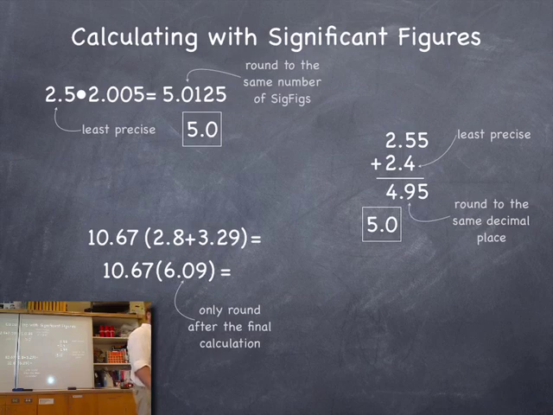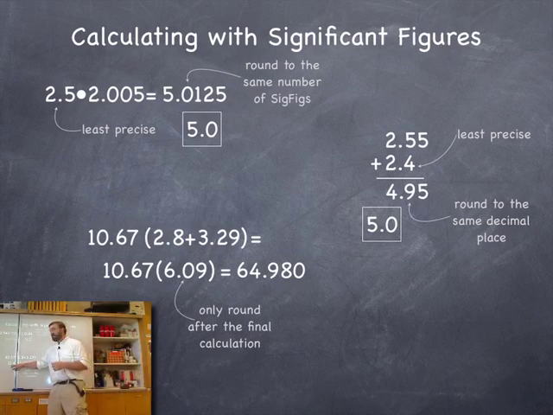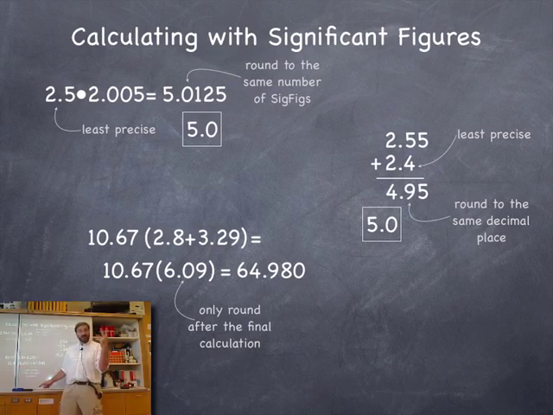So when I go through and get my answer of 64.980, the last step was multiplication. This one has 4 significant digits. This one has 2. So my answer should have 2 significant digits. I need to round off